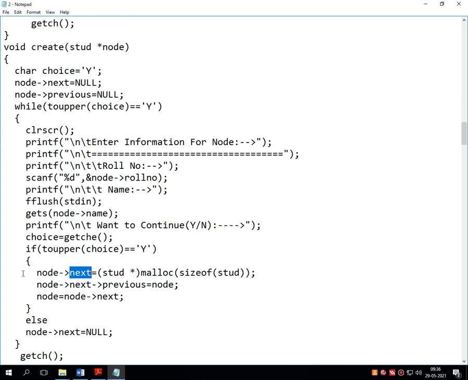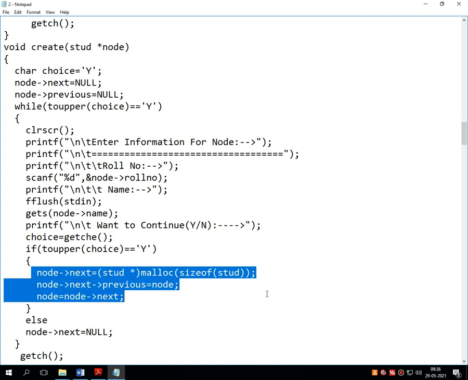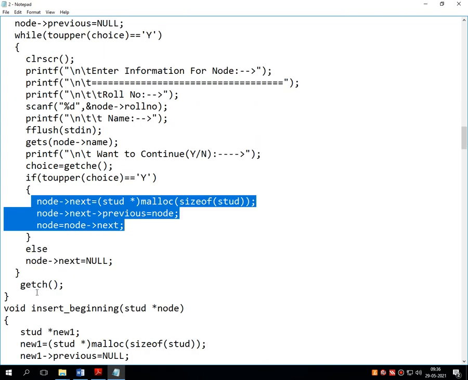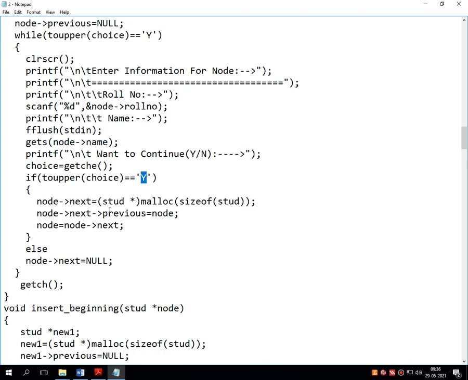Listen to it very carefully. So for that this particular statement will work. And suppose here the user has given the choice n, then in the next part of the second node, it automatically stores null.